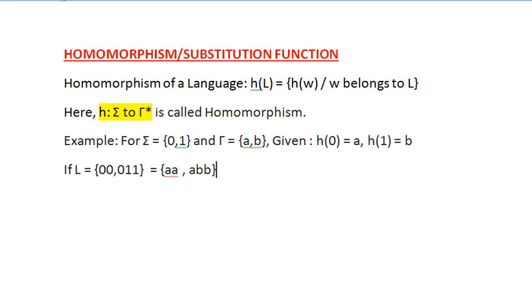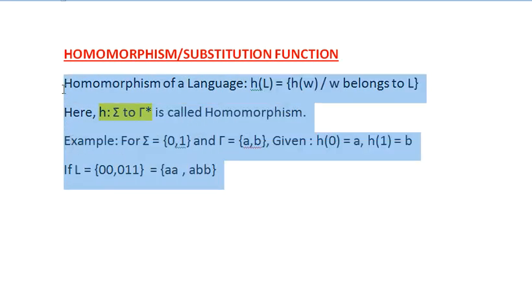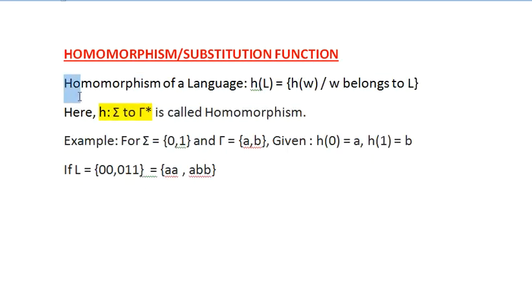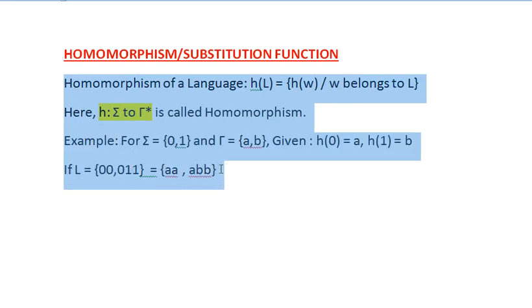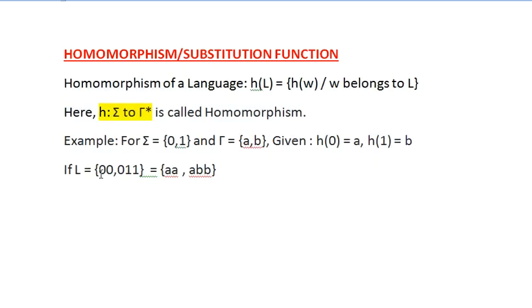Now, this is just an explanation of what is meant by homomorphism. That means for every language there must be an image, with the help of which you can also proceed forward for any kind of acceptance. For this language we have an image AB, which is represented by gamma, and then we have a given set of input images. For 0 I have A, for 1 I have B, and finally if the language is represented by the string 0 1 1, then definitely it will have an image A, B, B. Now how do you say that?